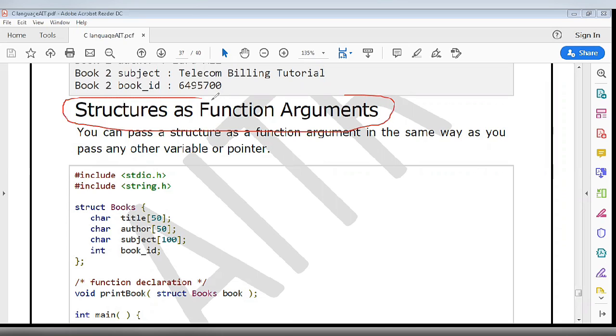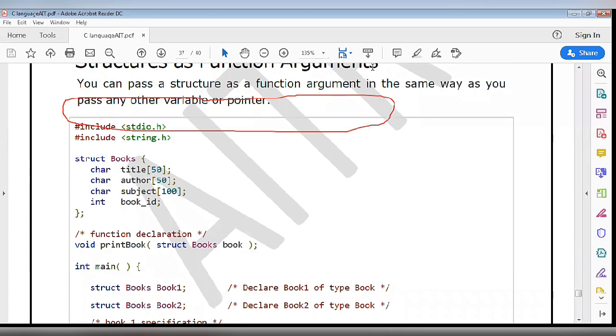For demonstrating that, we have taken the same example of books. Here we have included two header files, stdio.h and string.h, and also declared a structure books with the same elements: title, author, subject, and book_id.